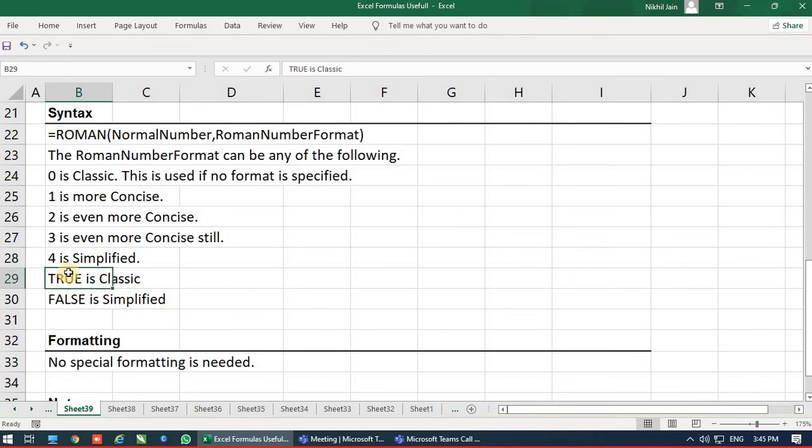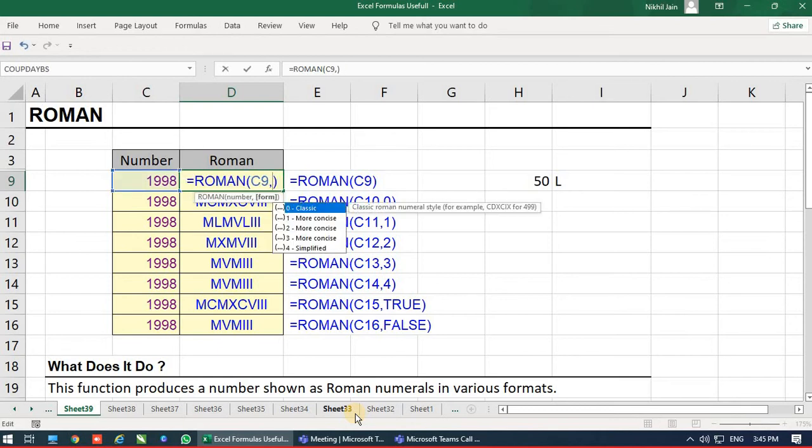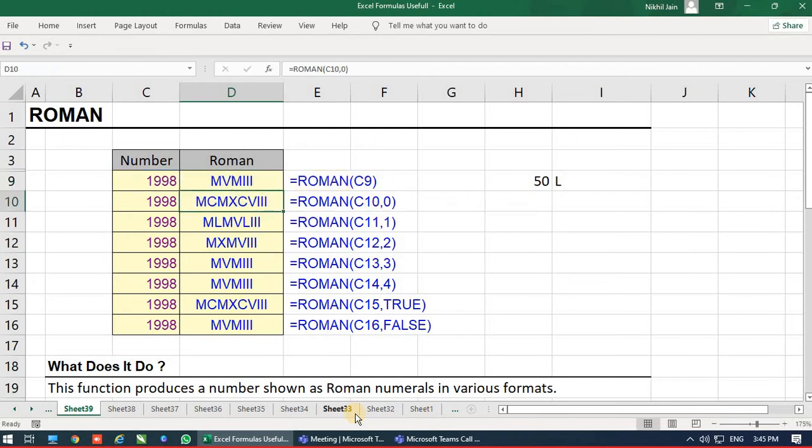If we type true or false, true means 0 classic, false means 4 simplified. So if I put comma 0, the answer would be the same classic format. If I make it false, it will simplify it, an easier way of writing the number.